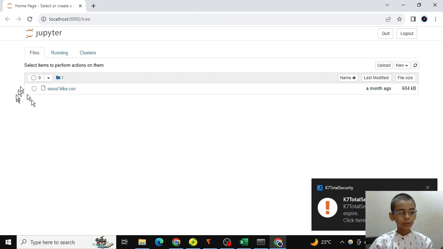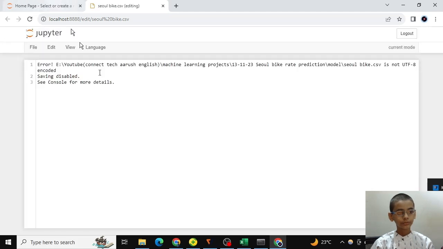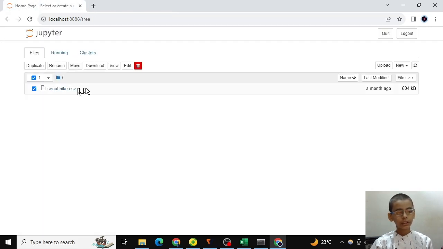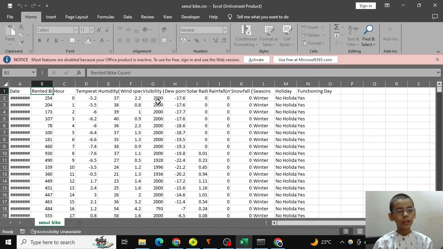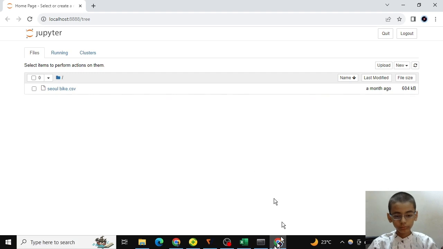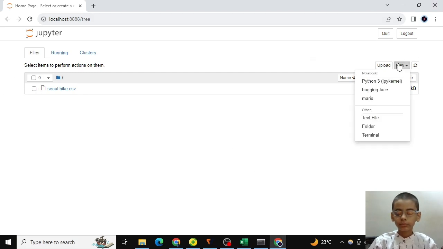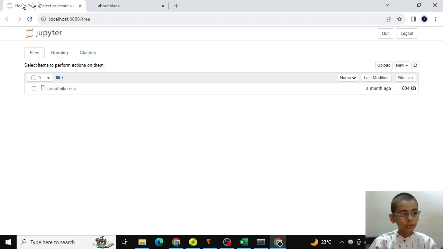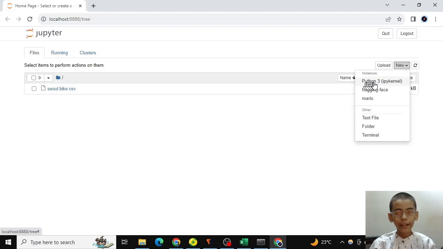After our Jupyter notebook is open, the company will give us the data. I can't show you the data because it is in Latin encoding. So let me show you how I create the notebook. Firstly, I click on New, then Python kernel. I created these two kernels by myself.